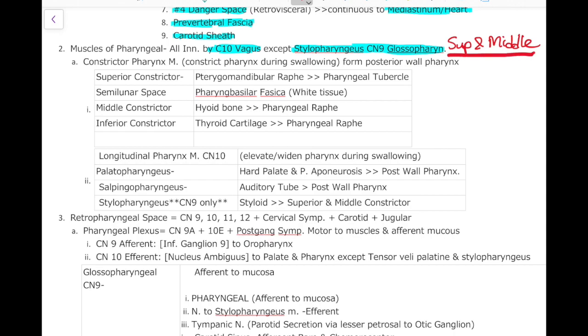Let's talk about the constrictor muscles. We have the superior constrictor that originates from the pterygomandibular raphe. That is just a small ligament that is behind the mandible, the angle of the ramus of the mandible. It inserts into the base of the skull, or the pharyngeal tubercle, or the basilar part of the